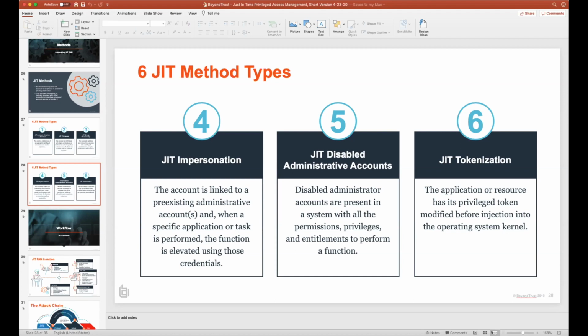When you tie the two together, you get the workflow. The end user satisfies the appropriate trigger. Basically, the ticket's open, they're in the right environment, they've satisfied two-factor. You decide on the method, whether you're putting them in the proper group, you're creating the account, or you're giving them the right run as credentials or sudo credentials, and then you monitor them.